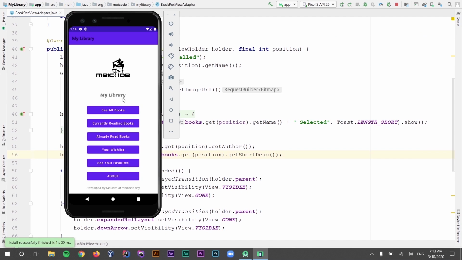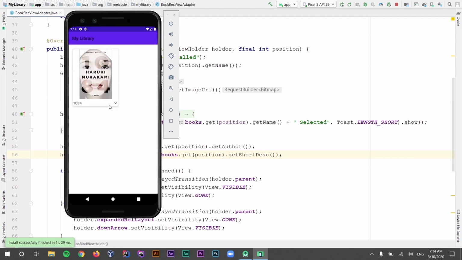Let's go to our all books activity. You can see that right now we are seeing the collapsed version of our card view. Also the size is bigger. We also need to move this RecyclerView, this card view, to the center of our layout. We will fix that. But right now, if we click on this down arrow in here, you can see that